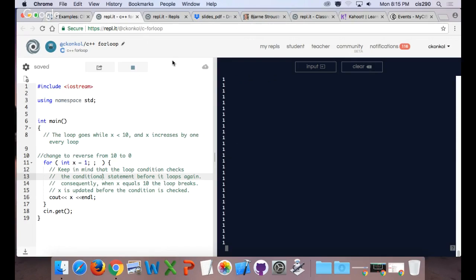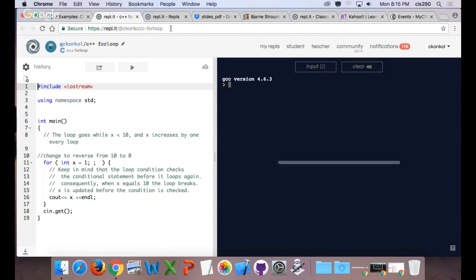Again, it's going to keep going down, down, down. But what you can do is, because this stops sometimes and sometimes it doesn't, you just put your cursor up here at the top and hit enter, and it should reload that page. So again, I just said for x equals 1, it's going to continue looping, loop, loop, loop, because there's no increment or decrement. Put it back to where it was.